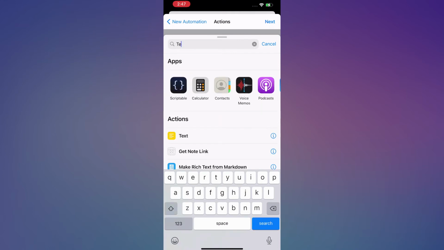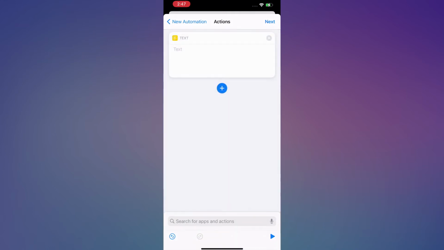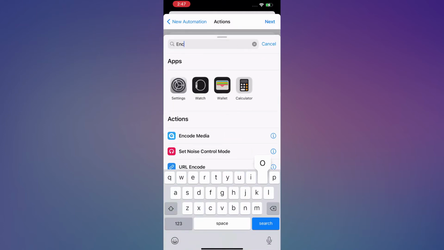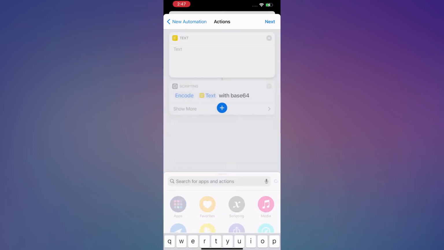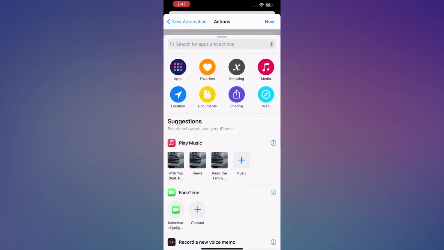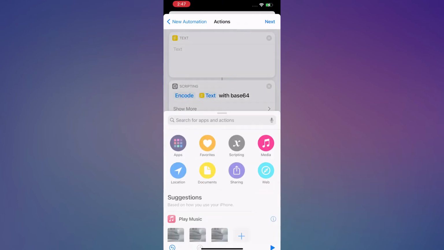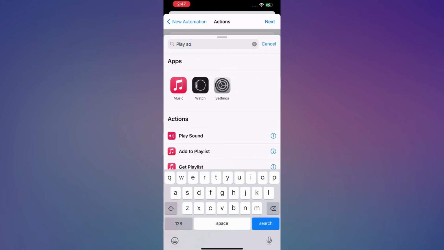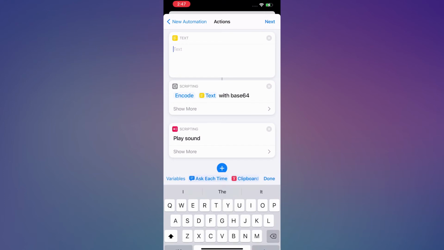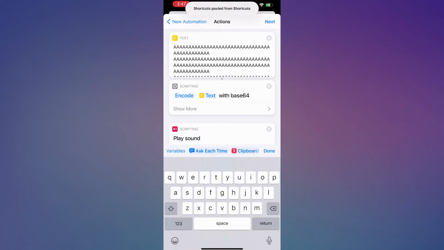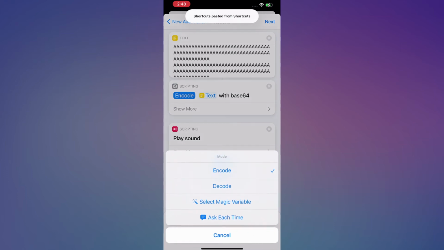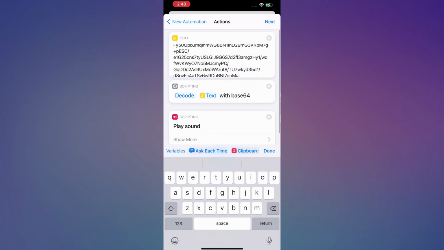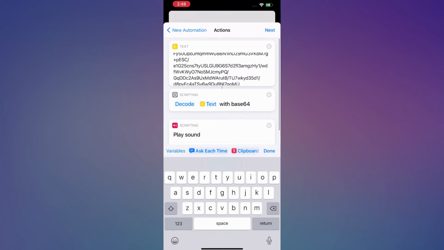When you click on next, you're going to see add action. The first action we're going to add is called text. So search for text, you add that action, and then you click the plus icon again. You're going to add the base64 shortcut and ensure to paste the text inside of the text box, and then you're going to add the other shortcut called play sound. When you do that, you're going to change the encode in the base64 section to decode, and then if you do it right, when you select done to close the keyboard and then click the play icon, you should be